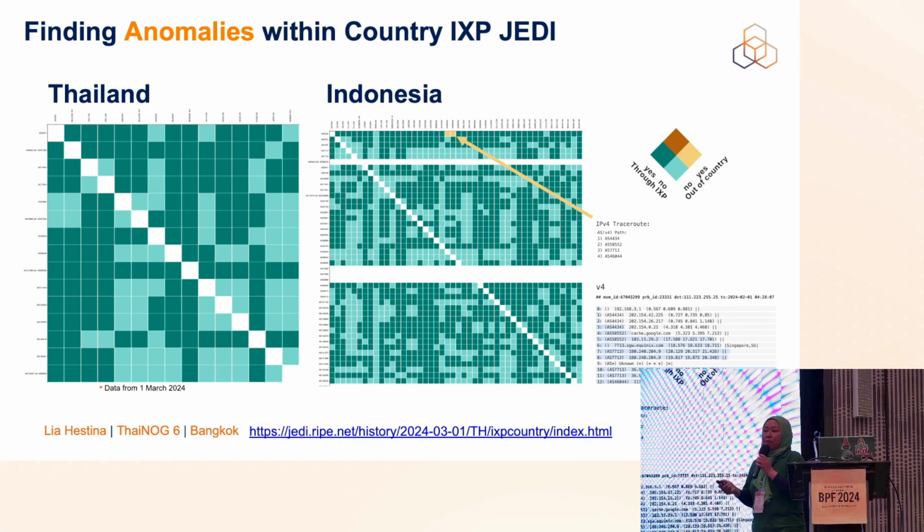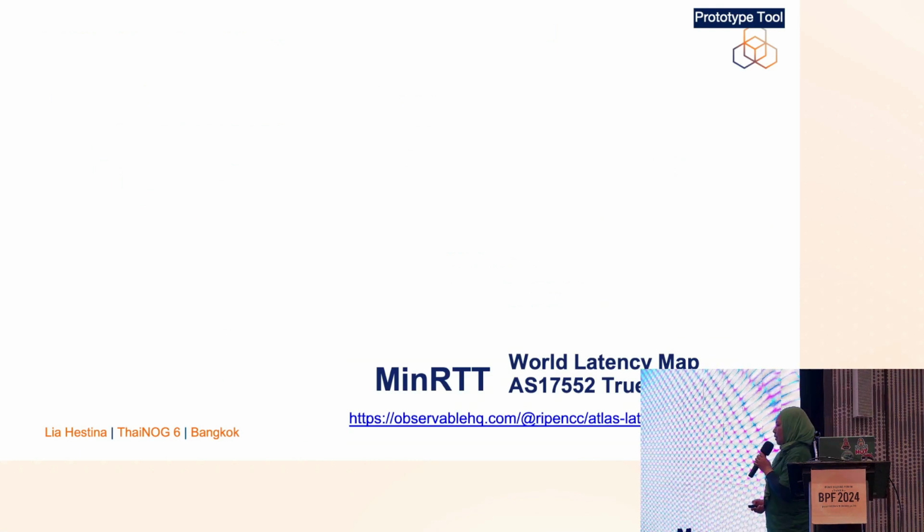And if we have more probes within Thailand, we will be able to see more of what's going on, whether a path between networks goes outside the country. If you're a network operator, you will be interested in this visualization, because this visualization is what we call the latency map. The data is coming from all the measurements that we have from RIS Atlas and where the probes are. It's showing,